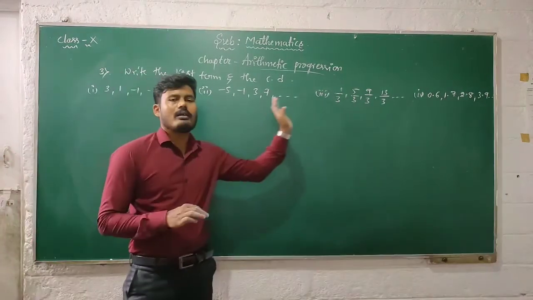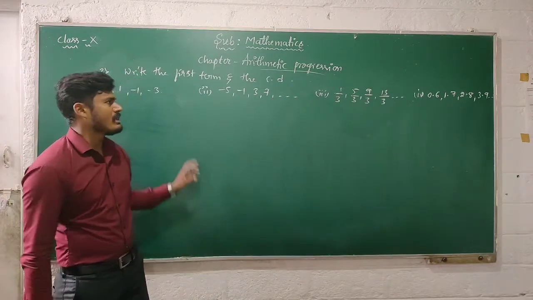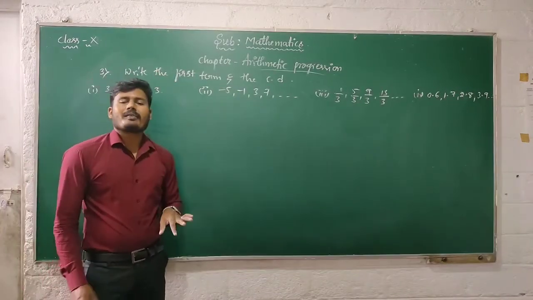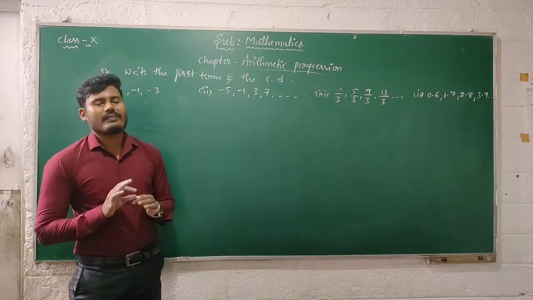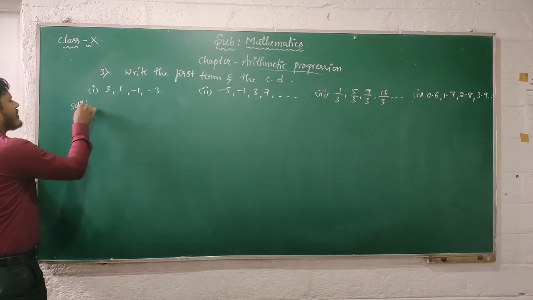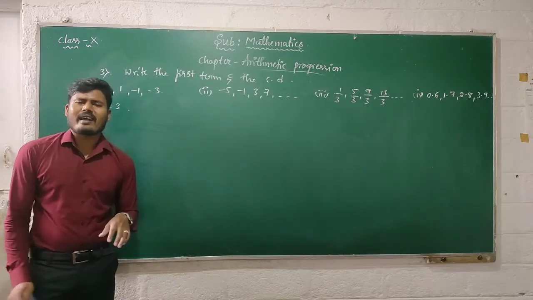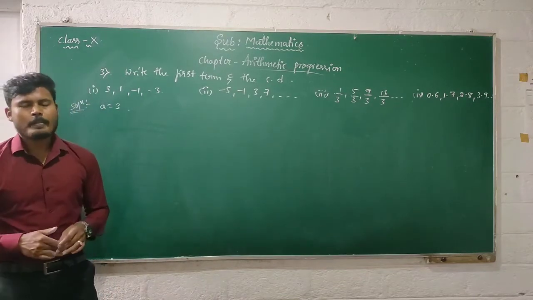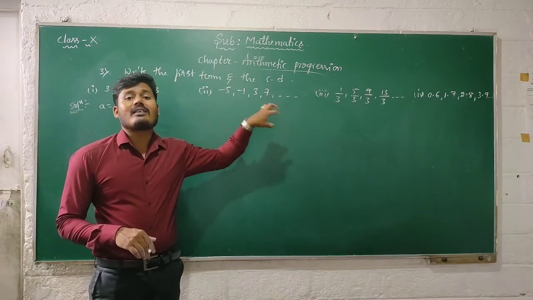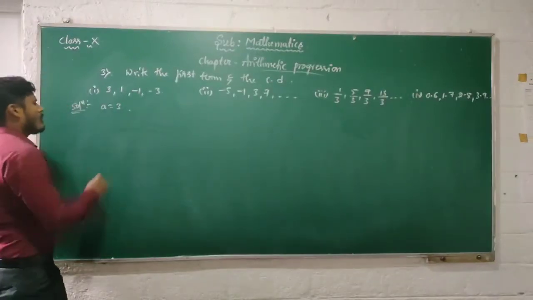These four lists of numbers form an AP, arithmetic progression. These are all arithmetic progressions. You should write down their first term and the common difference. So the solution for the first one is, here the first term is 3. It is very easy to identify the first term of any AP. The term present in the first position is the first term of an arithmetic progression. You already know about it. Then what about the common difference?